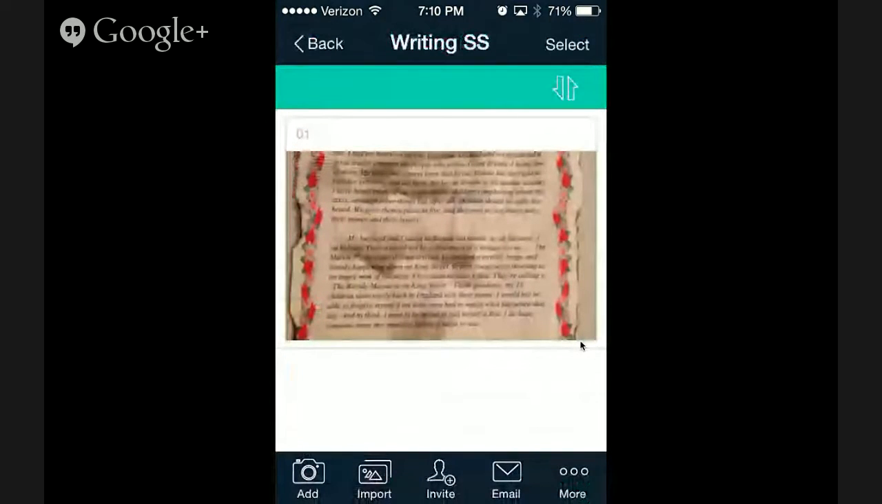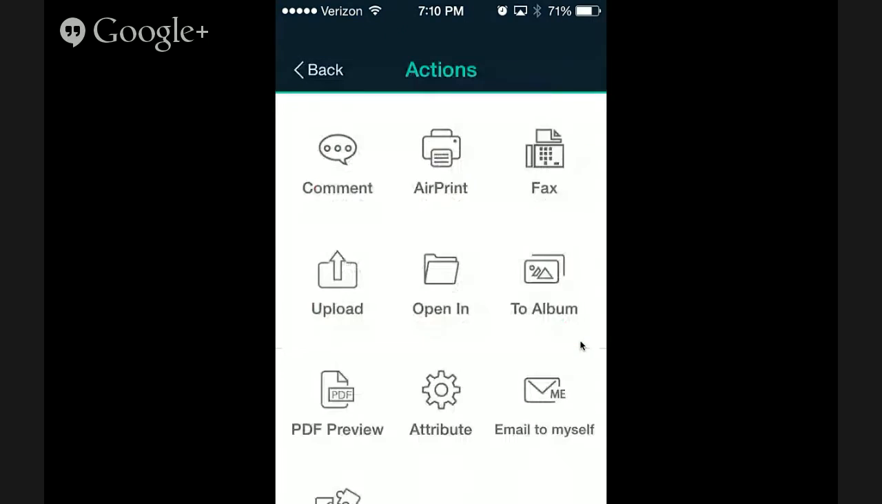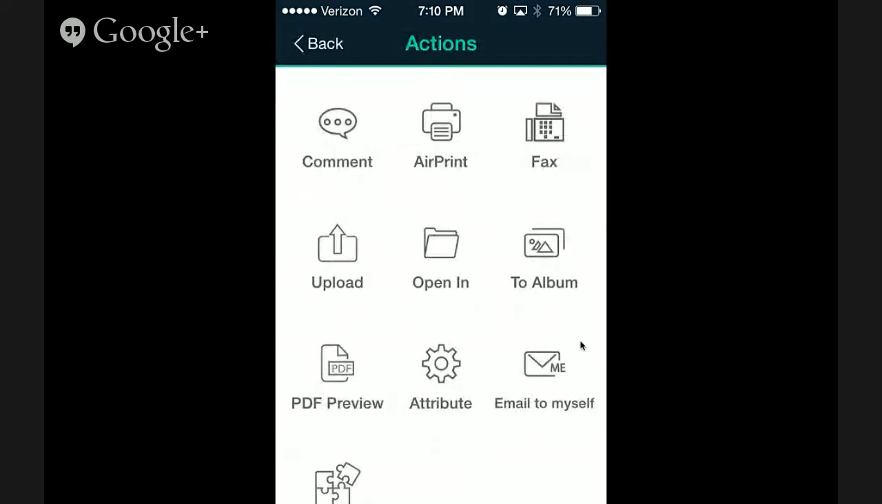But if I click back onto my document, now I have the ability, if I forgot that there was an additional page, oops, I can add it. If I wanted to import another image from somewhere else to add and merge into this document, I can import it. Now with my premium account, I'm allowed to invite people to view and share this document as well, or I can email it. But I'm going to click on the More button, because this is where our connection with